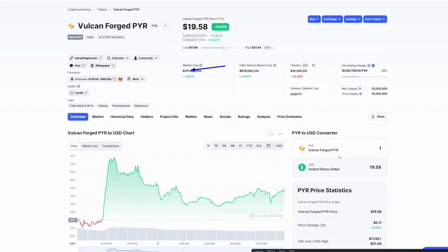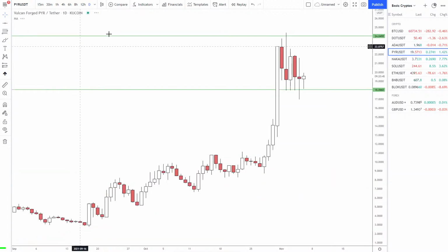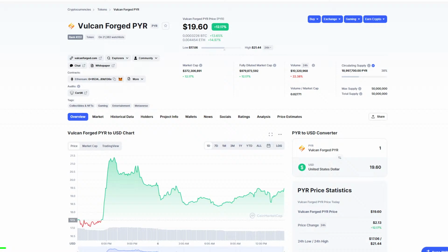So this is a low market cap crypto. 372 million versus the billions that these other ones we looked at are worth, or the trillion that Bitcoin's worth. It's a very low market cap crypto. The cool thing about low market cap cryptos is that they are driven more by people than Ethereum or Bitcoin is. Bitcoin is driven a lot by the institutions, which already makes it a little bit more dangerous to trade. Whereas something like Vulcan Forged PYR, this is a trade that we've shared